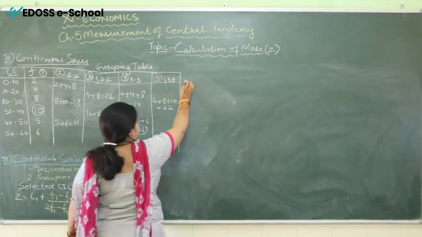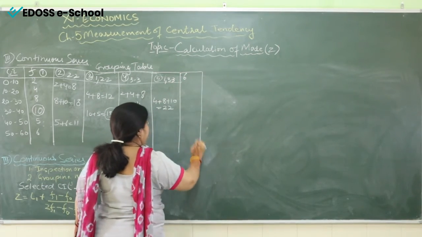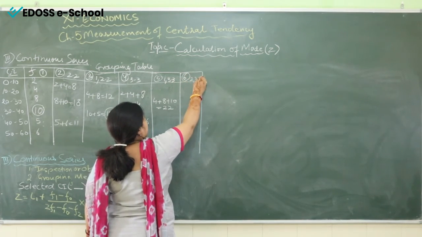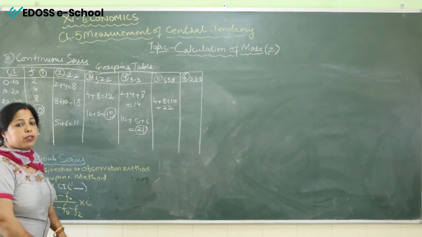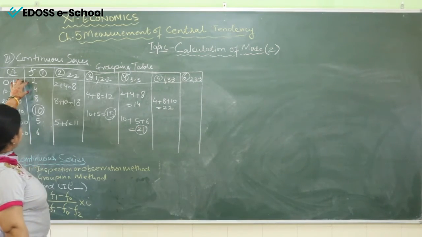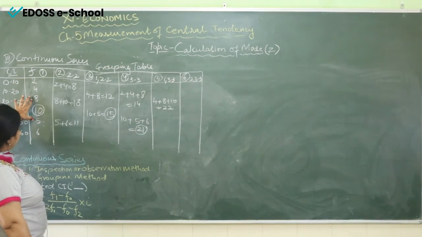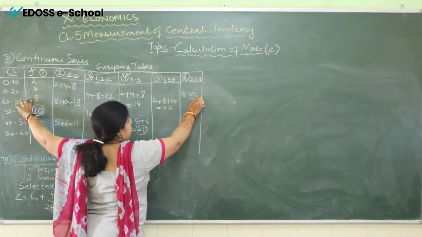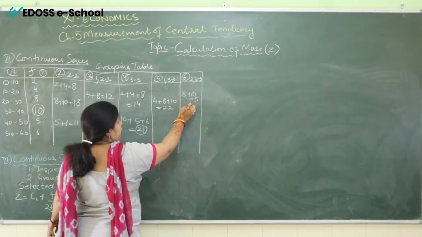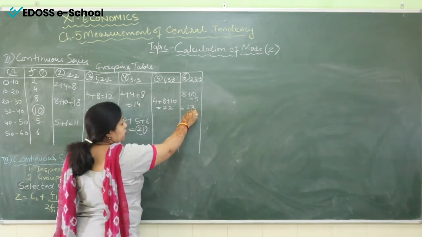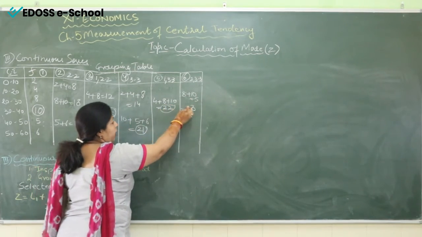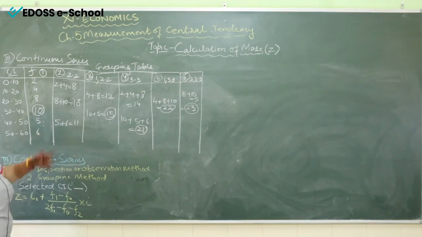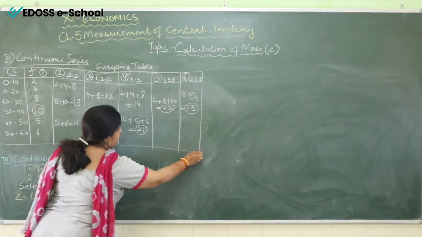Last group, that is the sixth group. And in the sixth group, हम क्या करते हैं, हम दो नंबर्स को छोड़ते हैं और तीन तीन नंबर्स को ऐड करते हैं. ठीक है, तो हमने क्या किया, दो नंबर्स छोड़ दिए and we will add these three. 8 plus 10 plus 5, that is 18, 20, 21, 22, 23. यहाँ पे एक एक बचा तो हमने एक एक को सर्कल कर दिया. देखिए, this is how we make the grouping table, which we have already learned before in the discrete series.